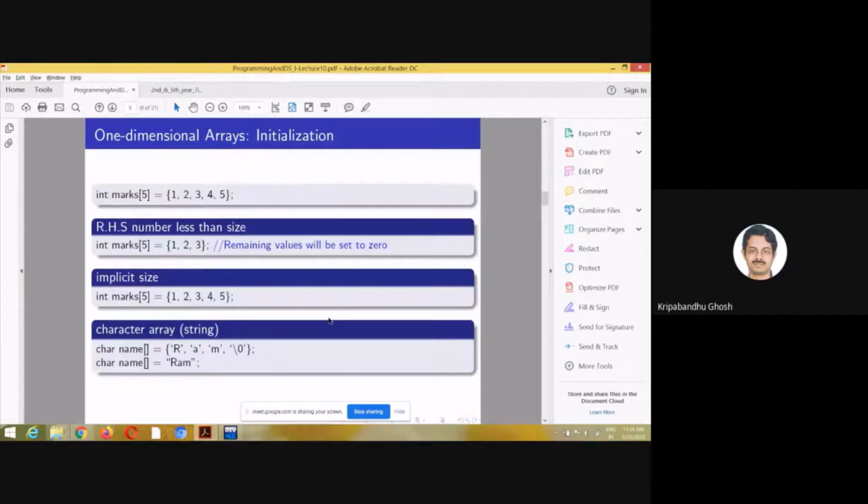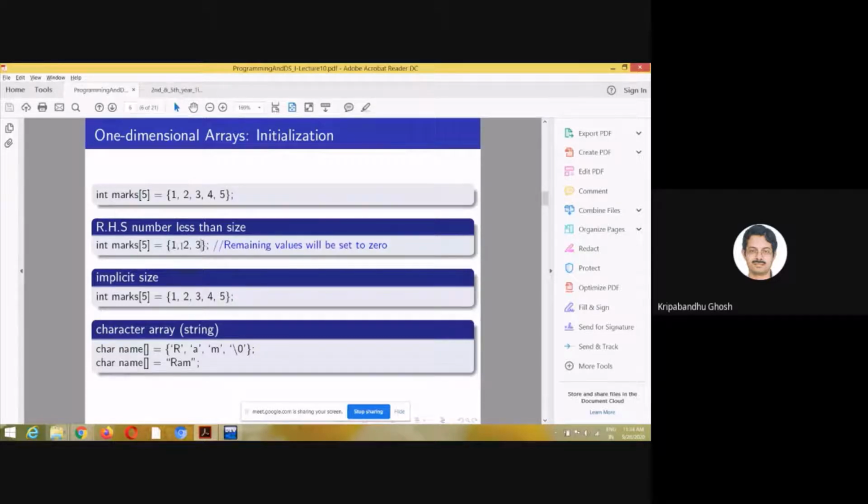Okay, so if we talk about initialization, we have seen this in several previous examples, right? So if you set marks[5] equal to {1, 2, 3, 4, 5}, then marks[0] will be 1, marks[1] will be 2, like this, or marks[4] will be 5. But if you do not explicitly provide the values of all the array elements on the right hand side, the remaining values will be set to 0.